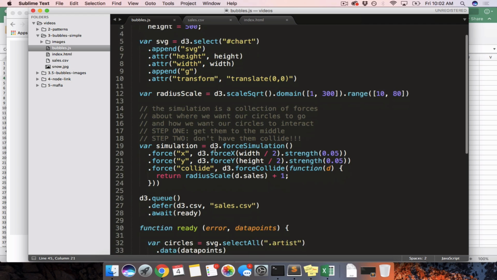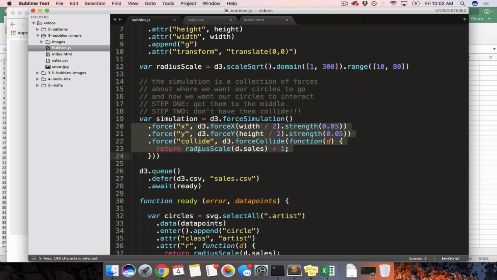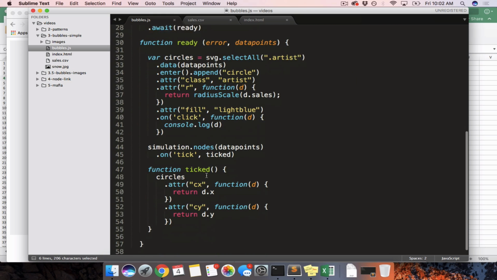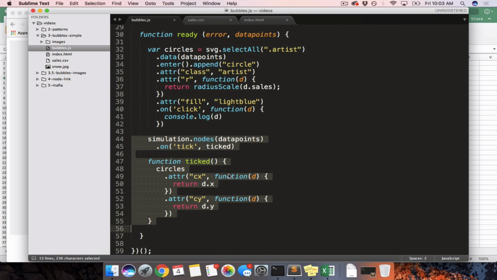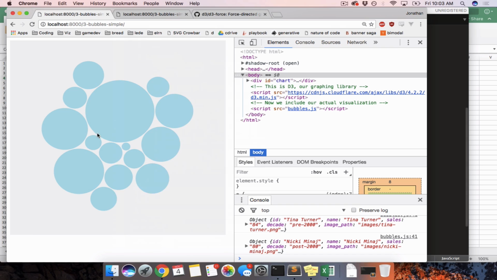So that wasn't very much extra code. All we did was we added a few different forces, and then we said, hey, apply these forces to all of our circles. And we made a pretty impressive graphic. So, all right,